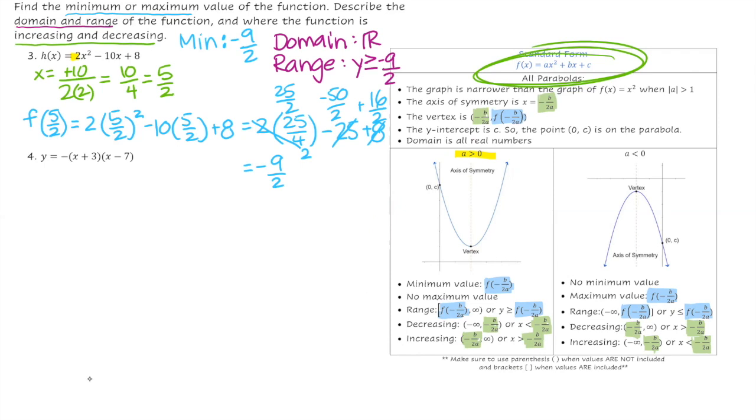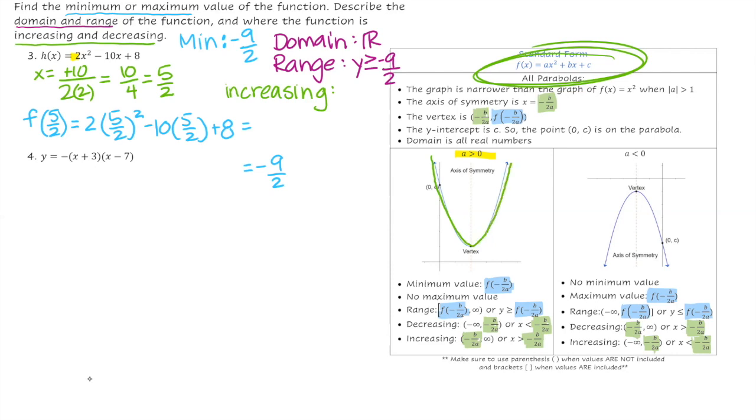And then they also need increasing and decreasing. For that, we give intervals. Okay, I'm going to have to get rid of some of this here, give myself some space. Now, we always read left to right. So as I go on this parabola left to right, it actually is decreasing, it's going down. And then once it hits the vertex, it is now increasing, it's going up. So I am increasing from a certain x value here, and then forevermore to infinity. So we are going to go from the x value, 5 halves, to infinity, meaning from this spot and forevermore,